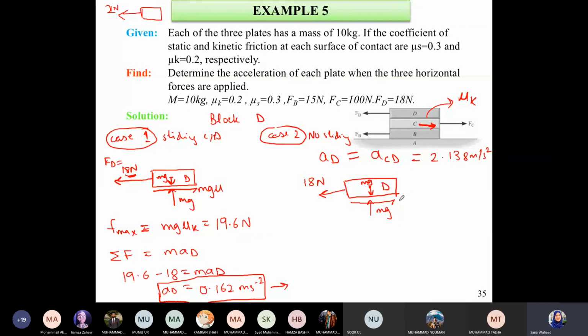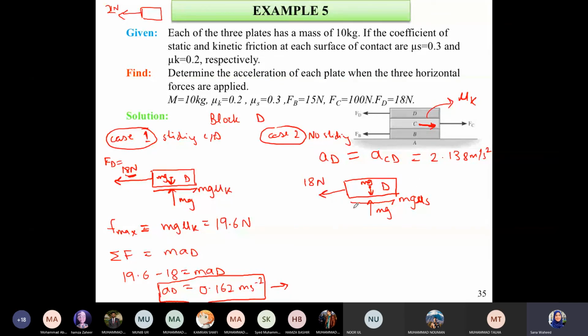Maximum value के साथ, अगर कोई और चीज अप्लाई हो रही हो। तो अगर I have that, इधर मुझे mg mu k था when there was sliding, and here I have mg mu s। एक तो ये तरीका है, ठीक है। दूसरा तरीका ये है कि I could assume कि अगर there has to be no sliding between them, तो फिर भी what friction force do we require ताकि इन दोनों के दरम्यान में sliding ना हो। I'll try this out पहले के, just assume कि mg mu s है, और इसकी वजह से क्या हमारे पास वही acceleration आती है या नहीं।